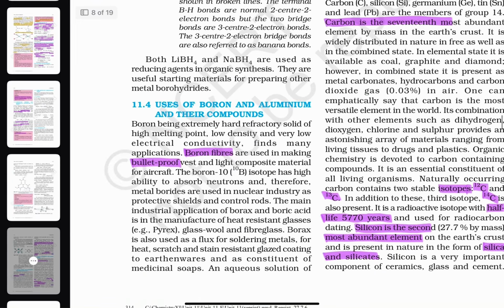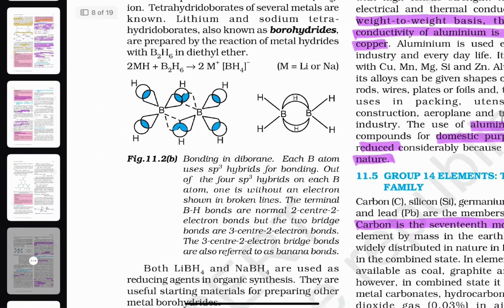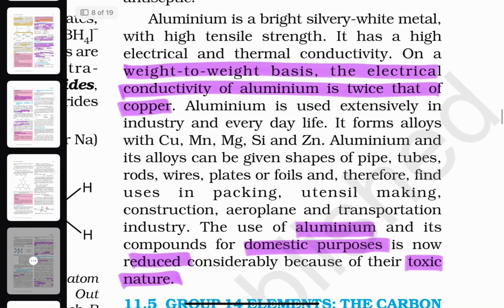Okay, some uses. Boron fibers are used in making bulletproof vests. Group 14 we will take in another video. On a weight to weight basis, the electrical conductivity of aluminum is twice that of copper. This kind of statements you can see in statement 1, statement 2. The use of aluminum and its compounds for domestic purposes is now reduced considerably because of their toxic nature. You can expect this kind of